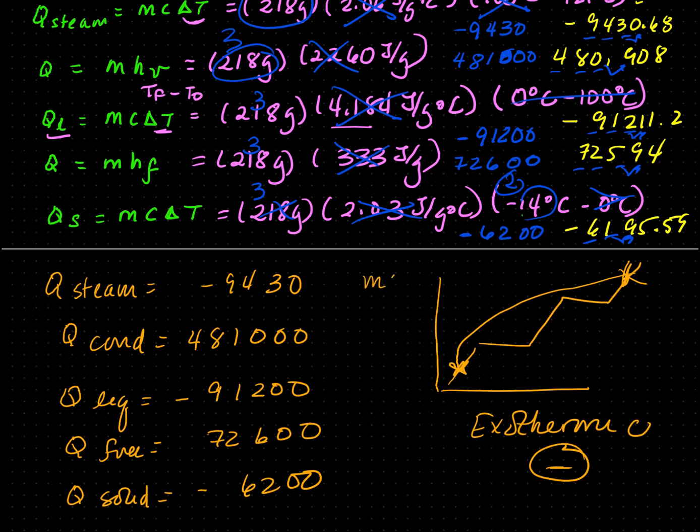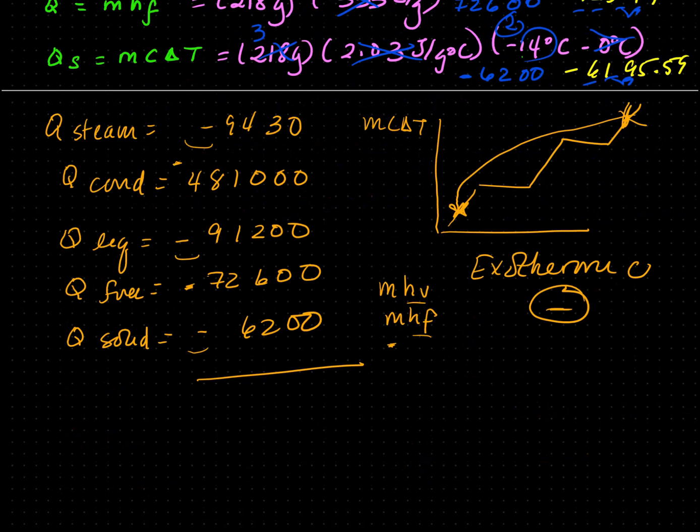When you use MC delta T and you write the final temperature minus initial temperature correctly, the correct sign will come out. However, when you have MHV and MHF, Q will always be positive because mass is always positive and the two constants are always positive. So when you are going through an exothermic process, you must add a negative. So instead of adding and subtracting here, we're going to add all of these and it's going to be a negative value. So if I add all of these values together,